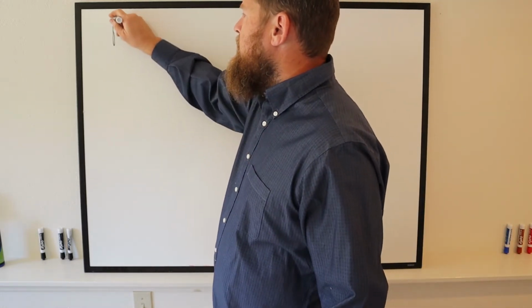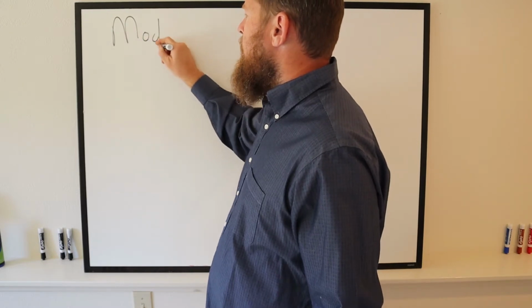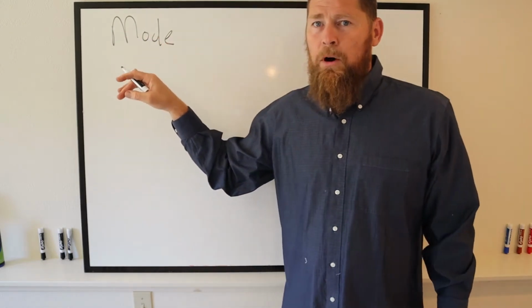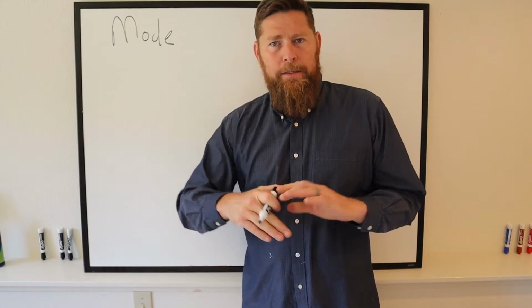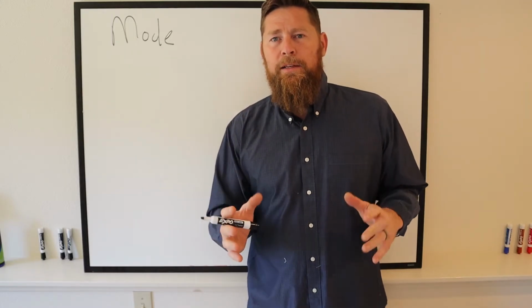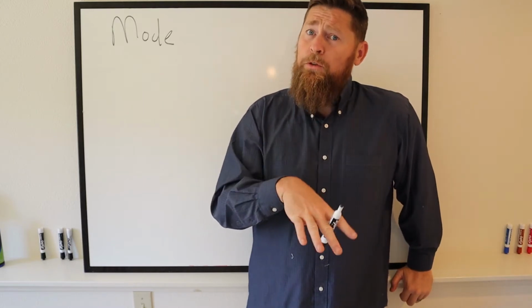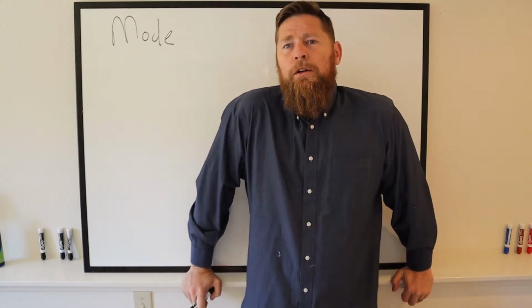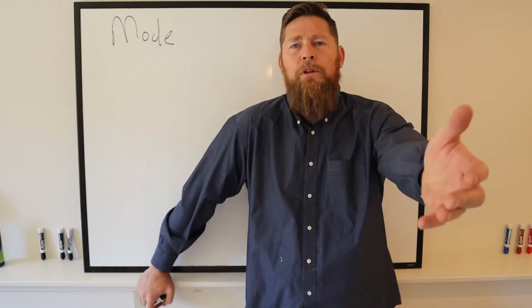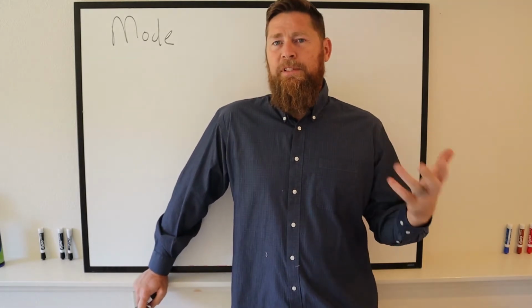We're going to start off with the mode. Not a la mode, although I'd love some ice cream right now. Mode is the most frequent number in a data set. This can be used for categorical data too, because you can count up frequencies of, say, if I said, how many of you are wearing sandals,